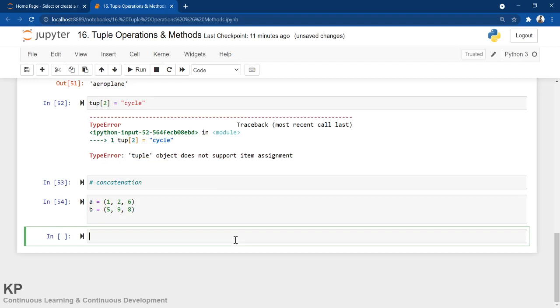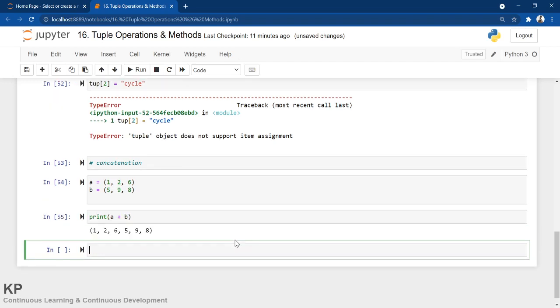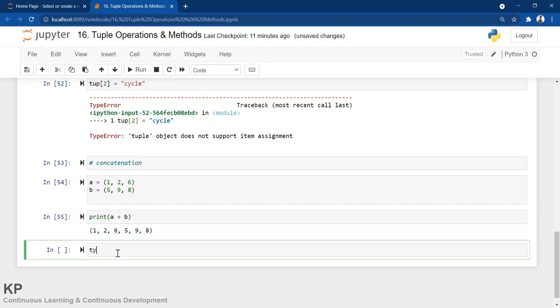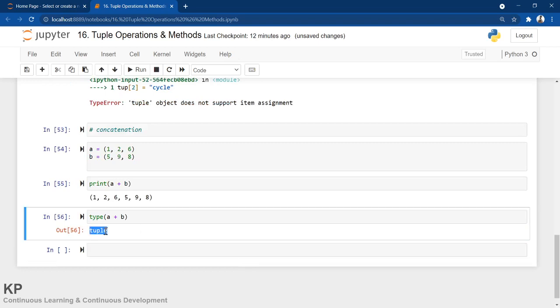Now I want to append, which means only a single tuple will be there with all the elements of these two tuples. How can I do it? I am just printing it: print a plus b. Finally it formed a tuple which contains these 6 elements. If you want to see the type, you can use type on a plus b. So it's a tuple. Okay, so this is all about concatenation. You can do concatenation in this way.